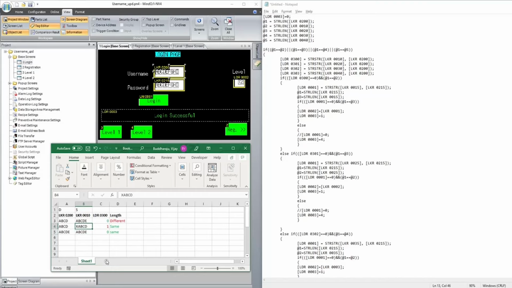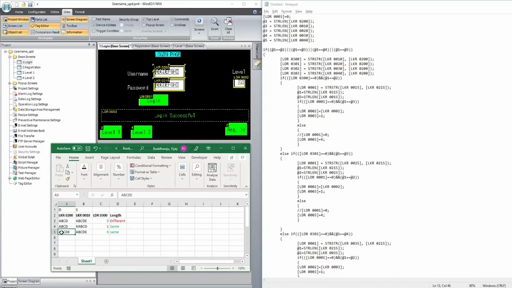If LKR 10 has XABCD, and in LKR 200, in the username login credentials, I have entered ABCD, this is definitely present in XABCD, but at location number 1. After X, it starts from A. So ABCD is matching with this, but the starting location is 1. So it will throw back 1.